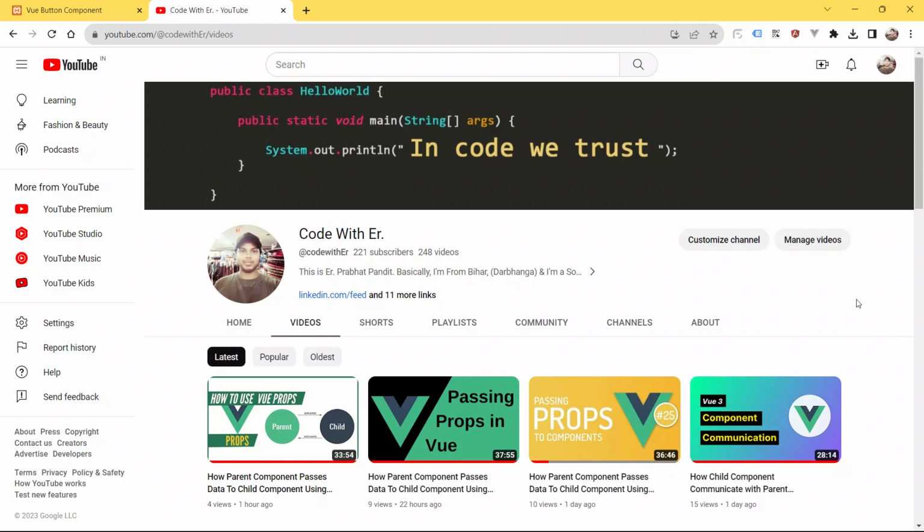Trust me, if you want to become a master in Vue.js, you must know how to create a component and how to create a reusable component. If you become a master at creating components and reusable components in Vue.js, then you are a great developer in Vue.js.